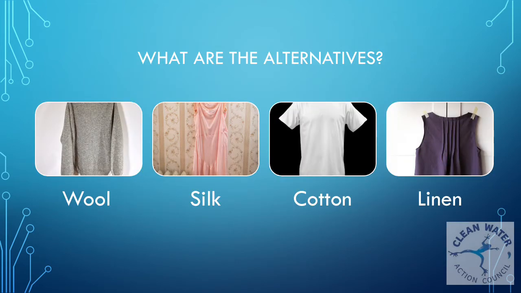So what are some alternatives? We actually have some really easy ones that a lot of people don't even realize are much more natural than things like spandex. So natural textiles are those made from vegetable, animal, or mineral origins. These plastic-free fabrics like wool, silk, cotton, and linen are natural alternatives to the synthetic textiles, and these won't release microplastic fibers when laundered because they're not made of any kind of plastic.